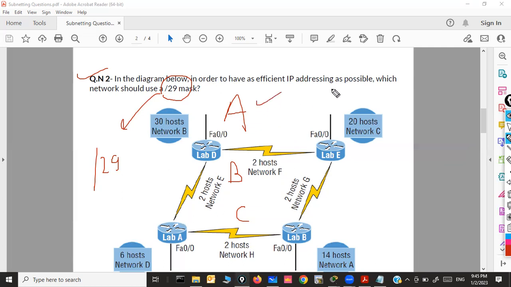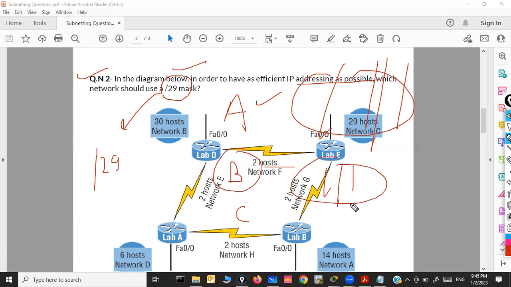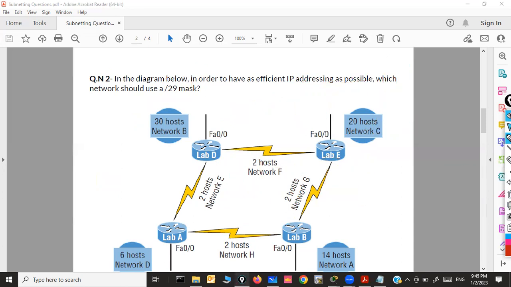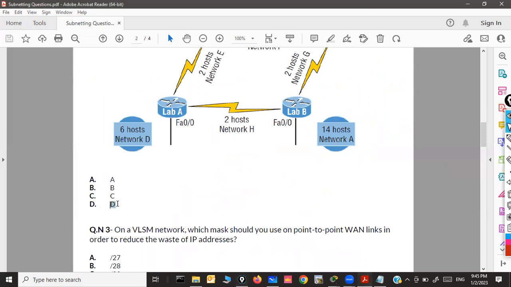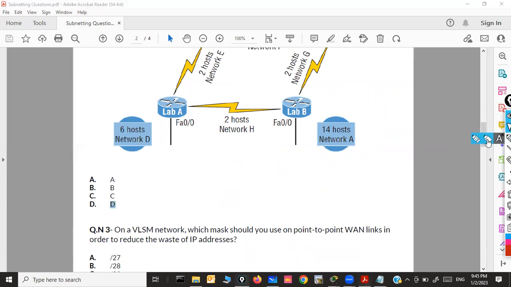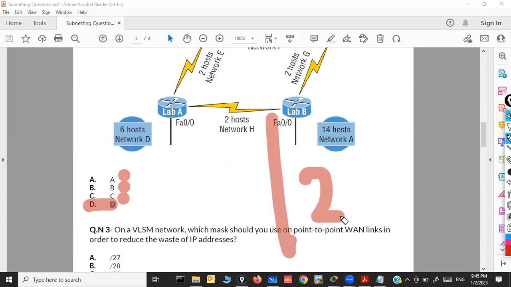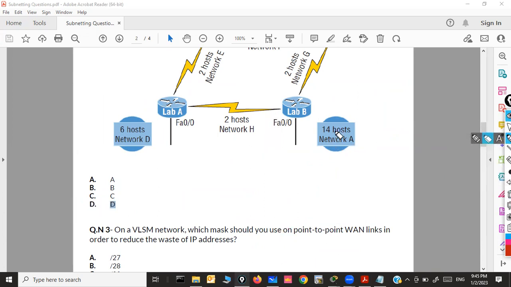I mean, whether you will take class A and do subnetting into so many subnets so that you can get /29, or you will pick class B and do the subnetting, or you will pick class C or class D. So you'll have to answer this way: A, B, C, or D. D is obviously ruled out because D is not for unicast communication. You understand that, right? So now the question is whether you would prefer subnetting class A, B, or C to meet the requirement shown above in the diagram. I can see 6 hosts, somewhere 14, and so on.